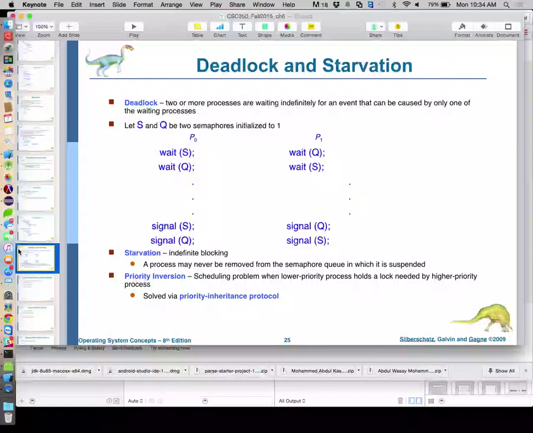But in this case, how do we do that? Do we have a priority queue for these folks, where if they've been standing around for a while, this is kind of what we were talking about with CPUs, maybe we bump them up the list, they get access next, that kind of thing. Similarly, we have this idea of deadlock. Deadlock is when 2 or more processes are waiting indefinitely for an event that can be caused only by one of those processes finishing. Now this gets back to this idea of mutual exclusion.